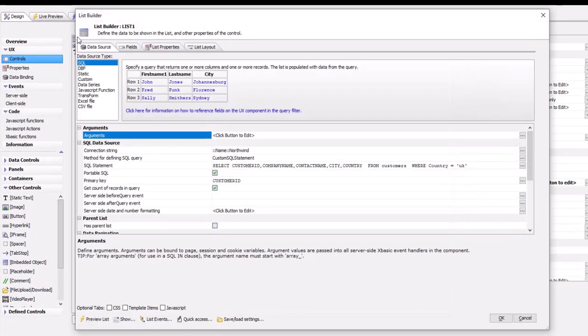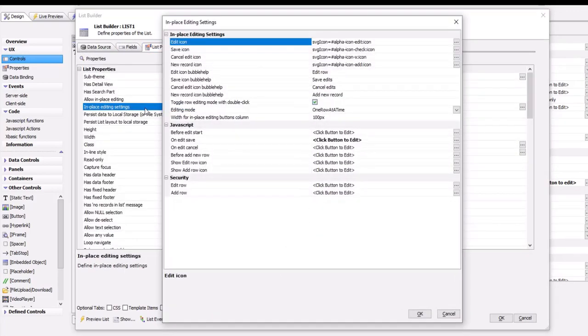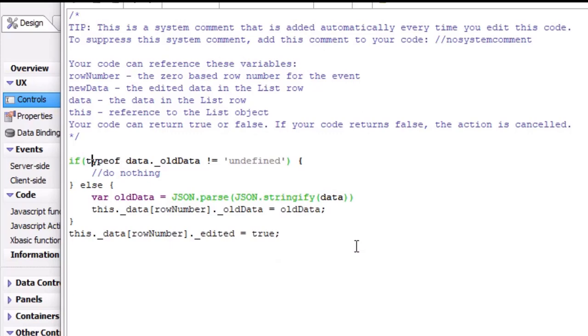Then if we go to the list itself and we go to the events on the in-place editing, we can see that on edit save, this event is called when the user commits the edits that they've made to the current row. What we're saying over here is if the _oldData property is defined, in other words, if it's not equal to undefined, then do nothing other than just set the edited flag to true. So when this code executes, we have access to rowNumber, which is the row number in the list data that we're